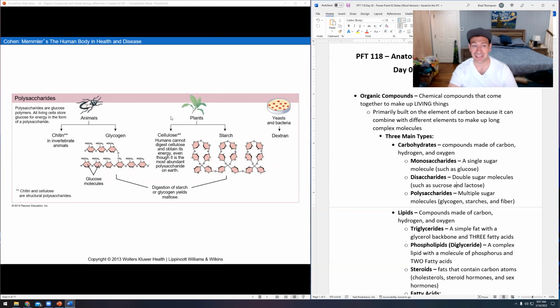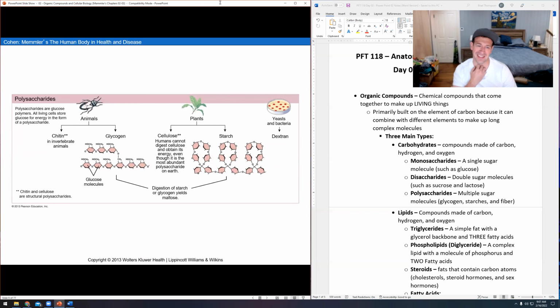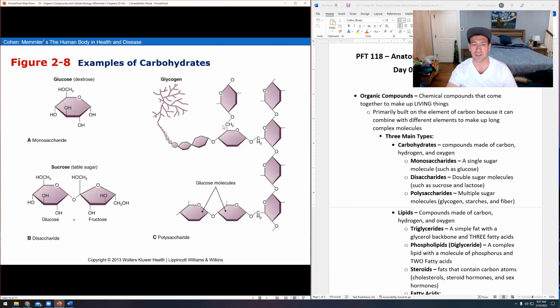Plants, starches, yeast. This is kind of fun. Actually, bugs, their outer exoskeleton is known as chitin. It's actually a carbohydrate. Fun fact, it's actually a fiber. But yeah, plants and things like that, right? So those are the different types of carbohydrates.